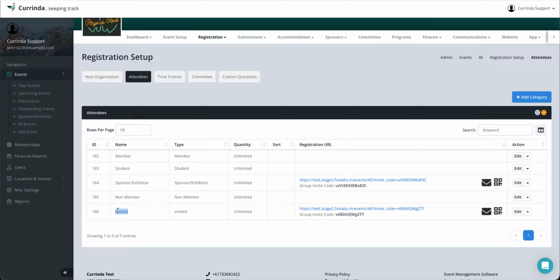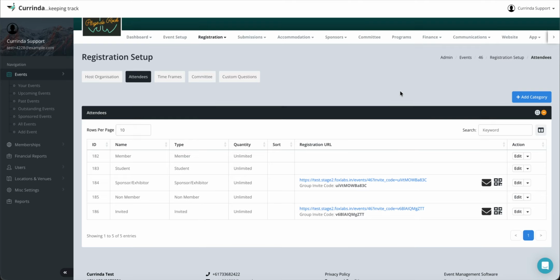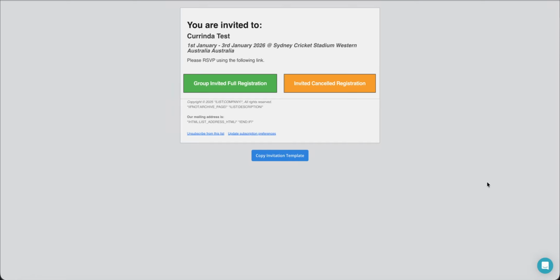So we also have an invited registration type, which basically gives us the ability to have an invited type membership, and we can give them this link, again similar to the sponsor exhibitor, and we can also give them this QR code so that they can scan this QR and start registering for themselves. And we also have this email button here, and we can see